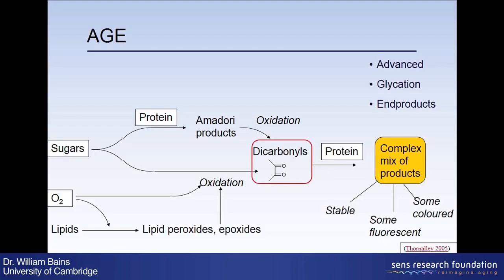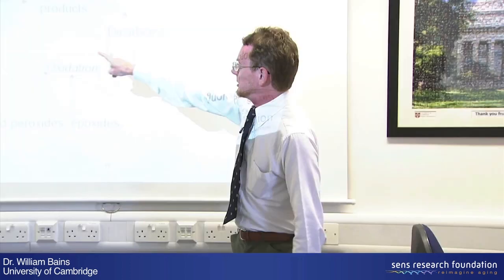A little bit more of the chemistry because this is important, and then we'll get onto the medicine. So here, over the far side, we've got our sugars reacting with proteins to form Amadori products. These are then oxidized to form these key intermediates called dicarbonyls. These can then react with more proteins to form a complex mix of products. There are actually other ways you can do this too. Oxygen can oxidize the sugars directly to dicarbonyls, or lipids can be oxidized, and those can oxidize sugars to form dicarbonyls. But these are some pretty key intermediates in the middle.